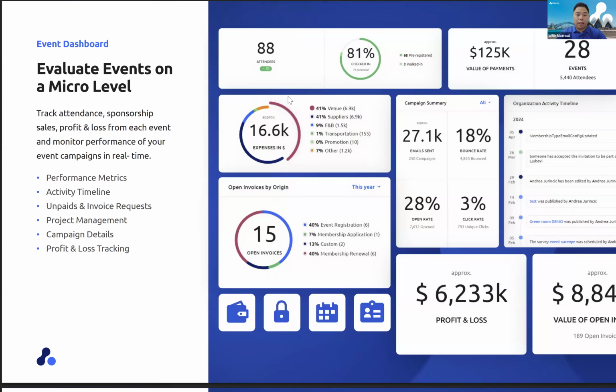Now, evaluating your events on a micro level is very important because you want to understand your performance, the timeline, any unpaid invoices, and many more. You can view all of that analytics for each of your events. If you see here, there is an activity timeline on what's happening. You can also see the profit and loss, value of open invoices. It's very important to know all of this because if you're creating an event, you expect a good return on investment. So the ability to know which invoices have been paid, which invoices have not been paid is crucial because